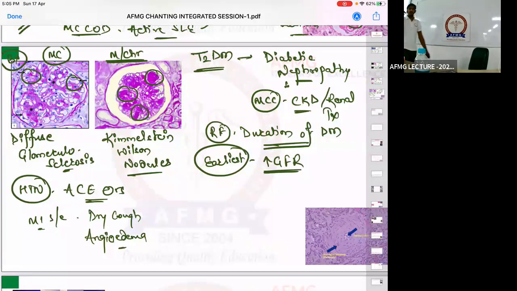ठीक है? Grading, grade 1 is less than 90. Grade 2 is 60 to 89. Grade 3 is 30 to 59. Grade 4 is 15 to 29. And grade 5 is less than 15. अगर तुम्हें लगता है CKD का नहीं पूछ सकते, I tell you, August